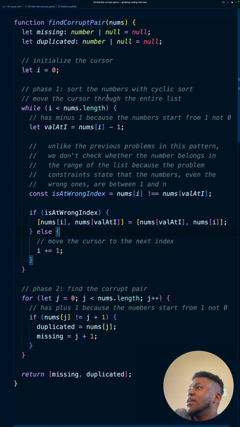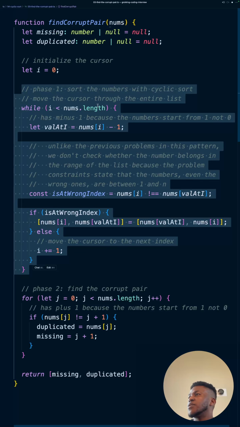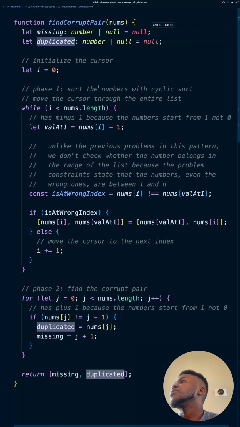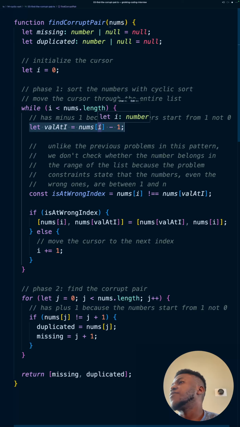Now, like I said, setup is very familiar if you've been following the last 2 videos. This while loop does all the heavy lifting. Is our cursor moving through the length of the entire array. We store missing and duplicate that we're going to return at the end of the day. What the value is, right, at whatever the cursor is pointing at,